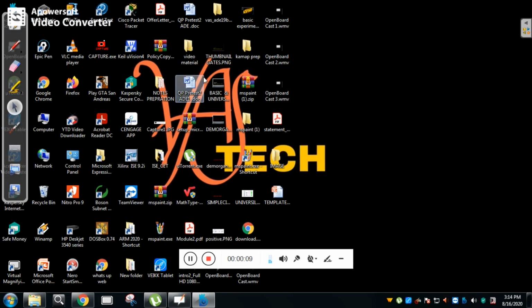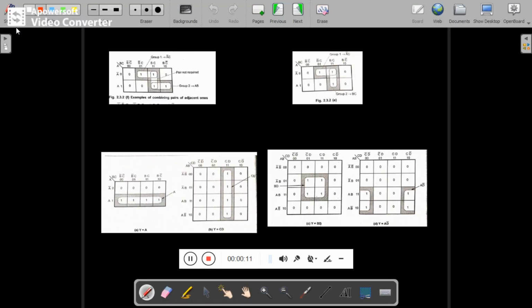In the previous video, you have seen what is K-map. So let me repeat. K-map is nothing but a visual or a pictorial representation of fundamental products or fundamental sums for a POS or SOP solution. That is, you want to solve an SOP or POS expression, then it is a pictorial representation of fundamental products or fundamental sums.